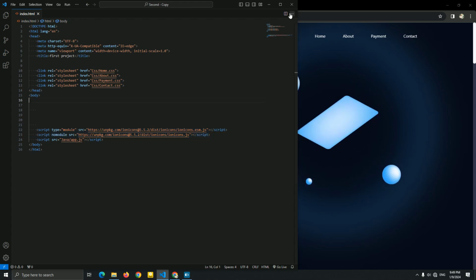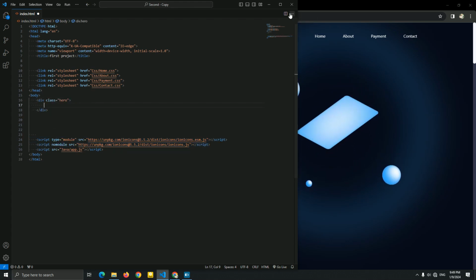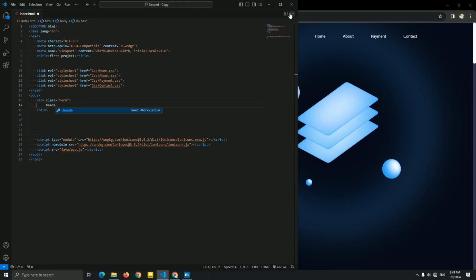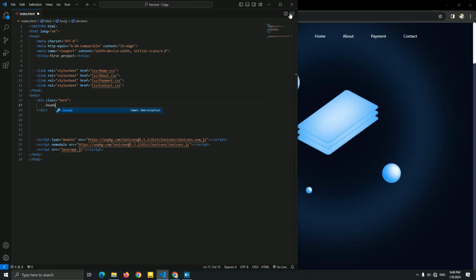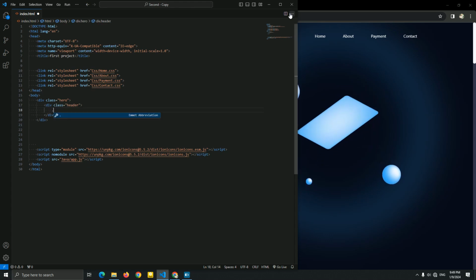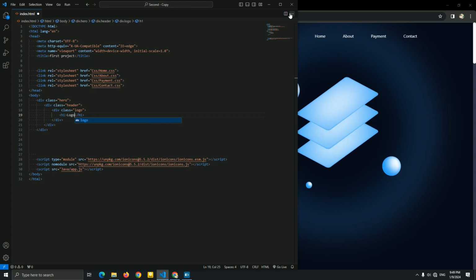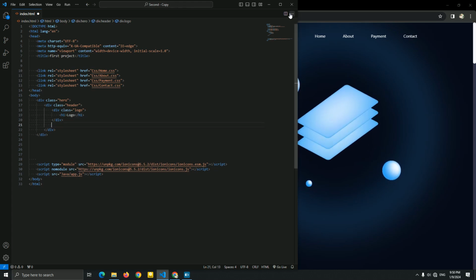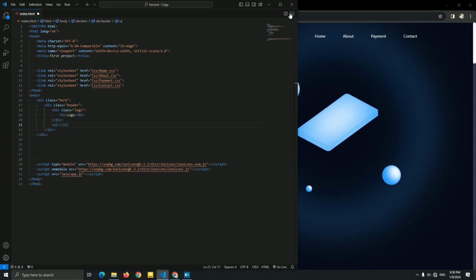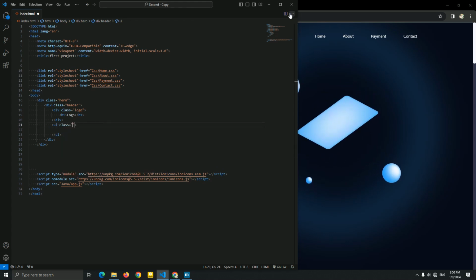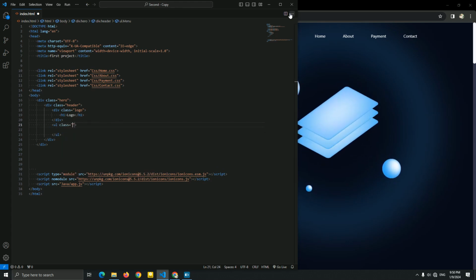I'm going to start with this hero page. I'm going to create a div and name it hero. Now let me add inside it a header, which is our header logo. I'm going to add a menu. Let me add the class menu. Now let me add a list,